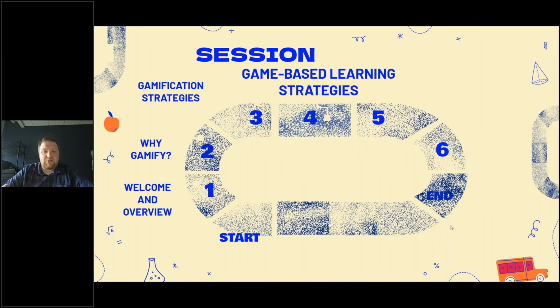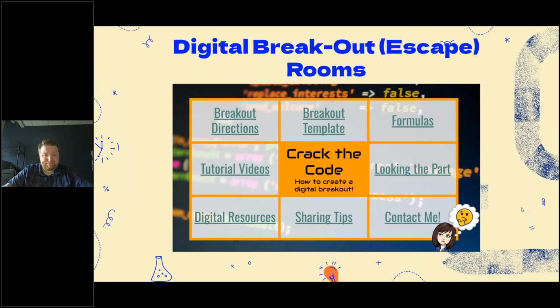All right, so I want to go to game-based learning strategies now. These are full games that either I've custom made or that you could custom make, or things that are already out there that really help to increase that learning and that motivation. So escape rooms are a great review option. Just like choice boards, there are a lot of digital escape rooms available out there, some paid, some free. It's a really great way. I like to use them for review once we get through a unit.